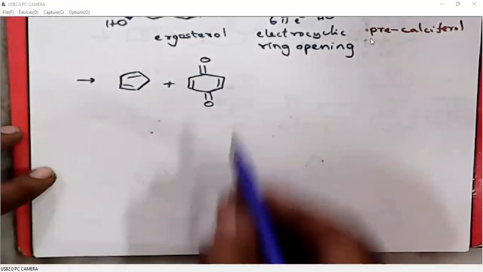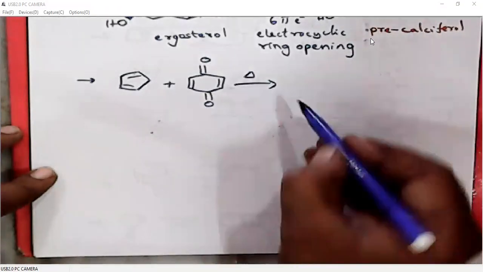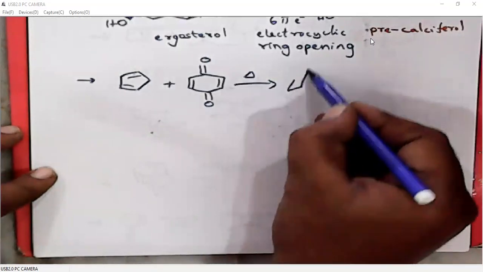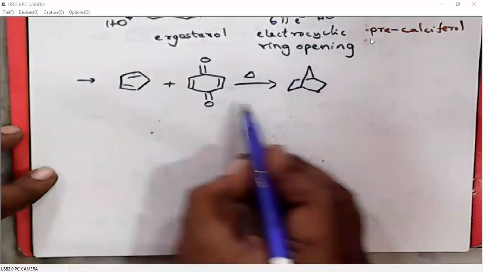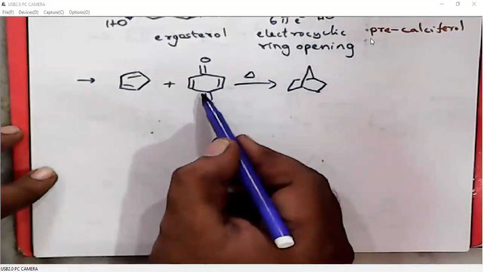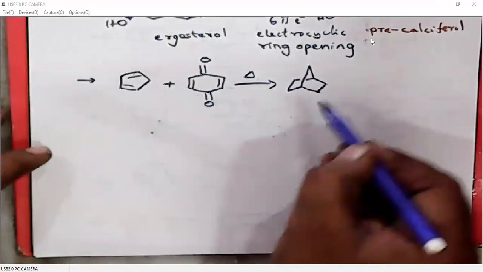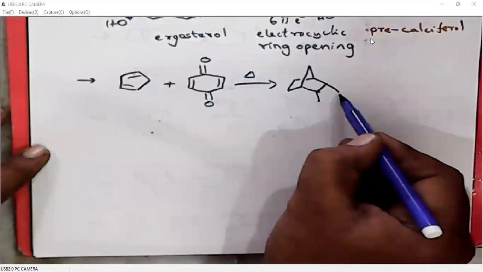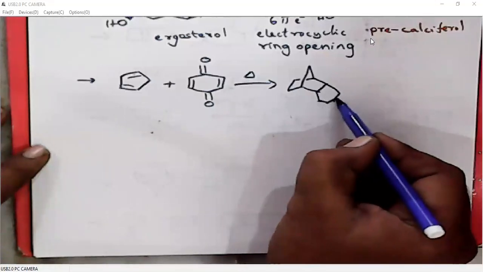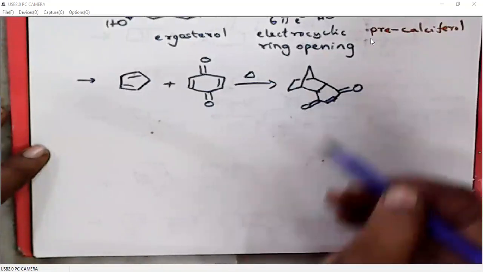Diels-Alder reactions will give this product. Since it follows the endo rule, benzoquinone follows the endo rule, so it must be this is the product,